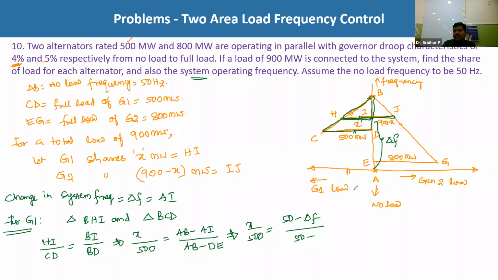DE we don't know anything about here, so let us write it as DE. You can simplify this, or otherwise keep it as it is. So x by 500 equals 50 minus delta f divided by 50 minus DE, or otherwise you can write x equals 500 into 50 minus delta f divided by 50 minus DE. Say this is equation number 1. So this is the first one, and the second one is,